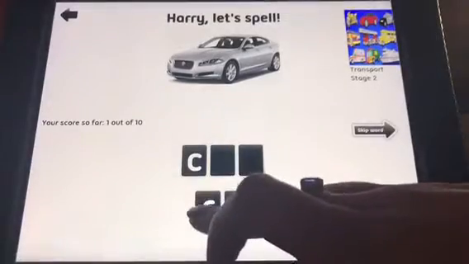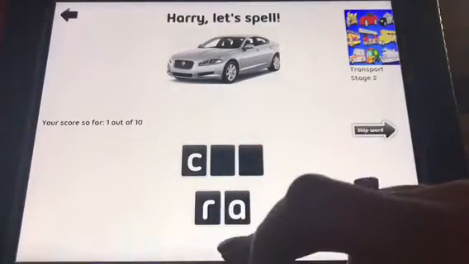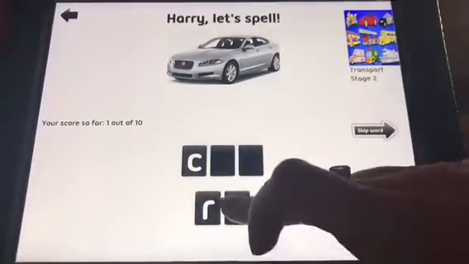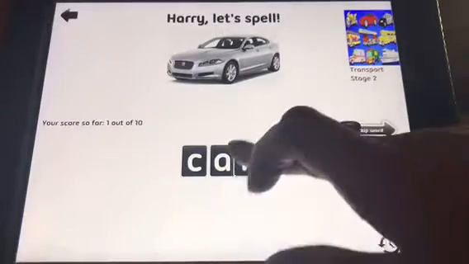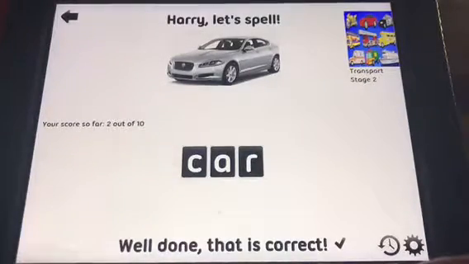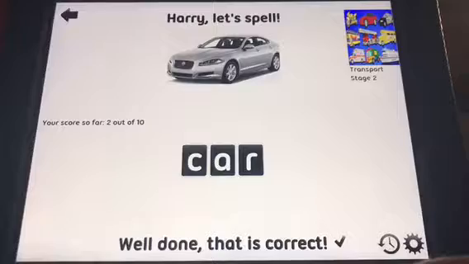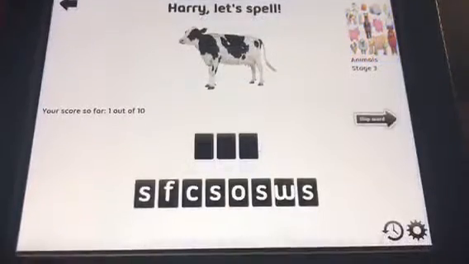As you can see, C, I wouldn't be able to move the R there. It has to be in the right order. R, car. Good work. Okay, and in stage 3, here you can see that as well as all the letters